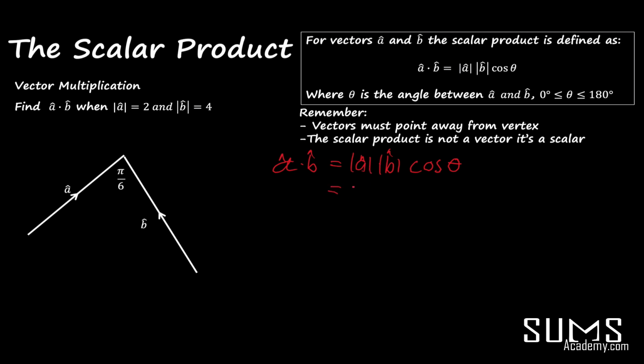So what's this going to be? The magnitude of a we're given is 2 and b is 4, and what's theta going to be? Well, again, I've done another example where you need to remember that vectors must be pointing away from the vertex, which means these are pointing towards each other. This will not work. The equation will not be true for this scenario with this angle of pi over 6. So what we're going to have to do is extend the vector